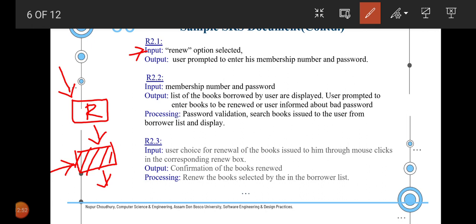Now user is also prompted to enter the books to be renewed, or user is informed about bad password. So the output will either be a no access permission to the system, or it will give you the list of books that you have borrowed.